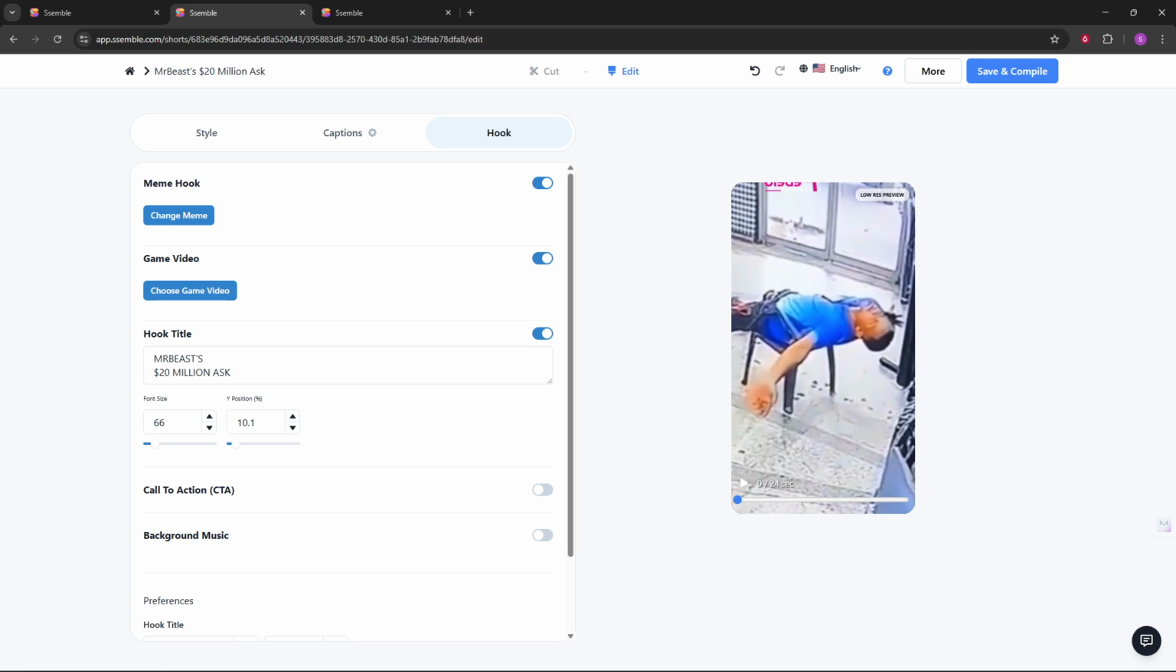That's it. Log in, open your clip in the editor, click Edit, head to Hook, toggle the type of hook you want, and select from the library. With these simple moves, you'll transform your opening seconds and set your video